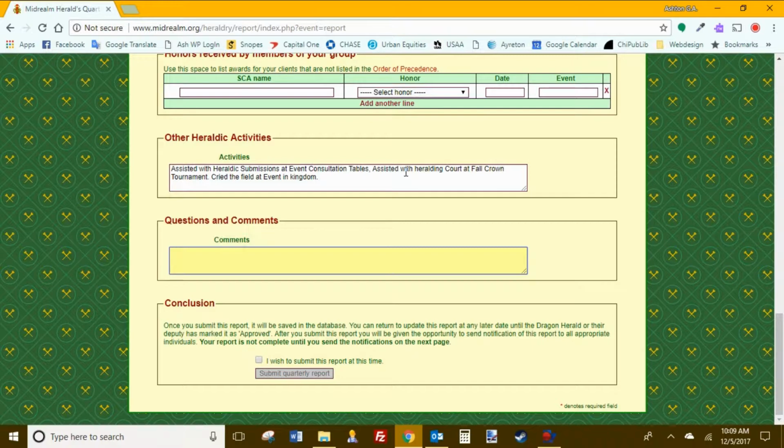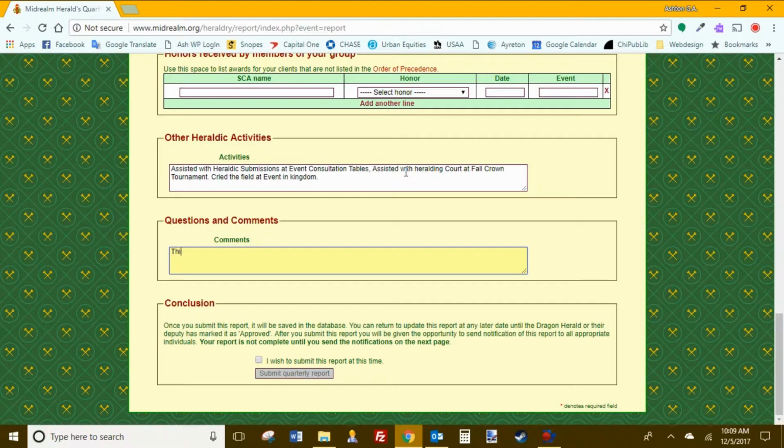below me. I'm a baronial herald, let's say, and one of my canton heralds is doing an acceptable job, and I just want to make a comment about how great they're doing. Or as a regional herald, such as I am, I want to say that all of my groups that fall under my purview have filed their reports on time this quarter, and I want to give them a big shout out. Questions, comments, anything that you want to throw in that doesn't really fall in anything else, put it in the questions and comments